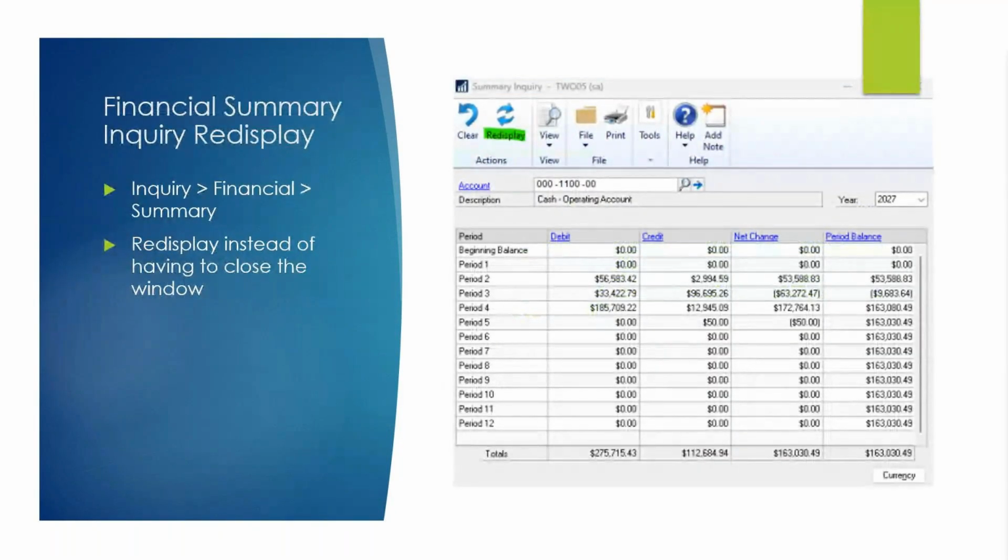Okay, so we're going to go through each of these features and things that have been added to this latest release of GP. The first one I want to point out is something that is pretty cool. This is the financial summary inquiry redisplay